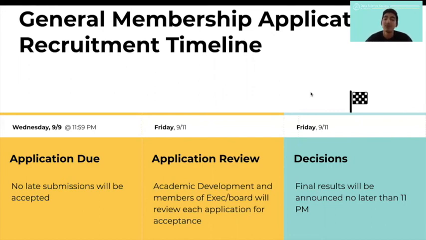We have a lot of members who come from General Membership, and it's a really great way to get your feet wet in terms of data science project experience. That application is due on Wednesday night. That Friday will be the application review, and then decisions for General Membership will come out on September 11th.